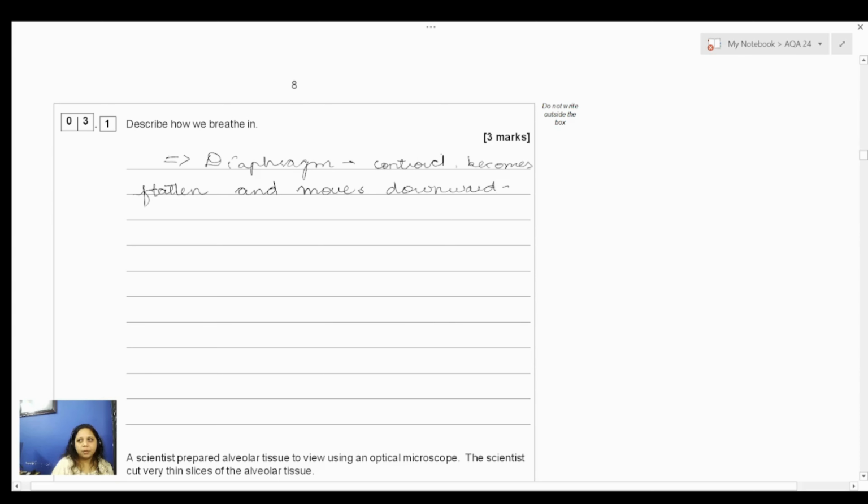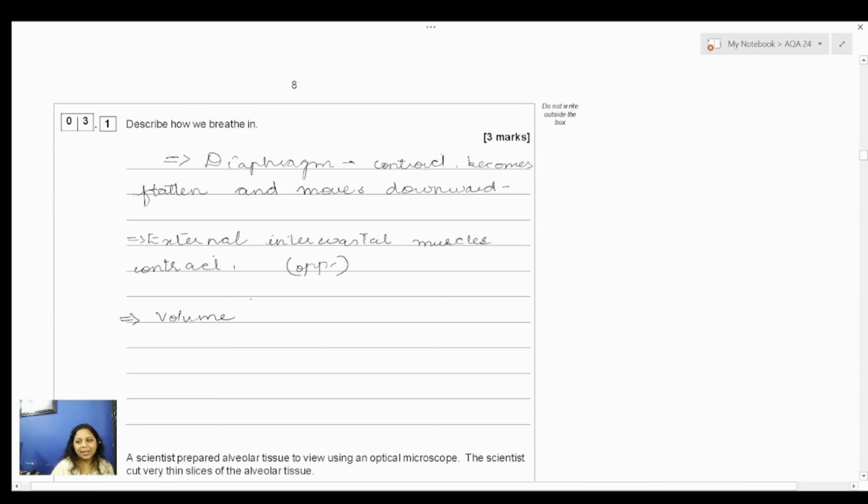The next step is about the intercostal muscles. The external intercostal muscles contract while the internal intercostal muscles relax. I'm writing "opposite" just to mention. Then the last one is the volume